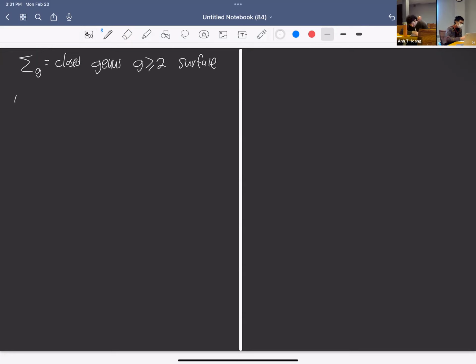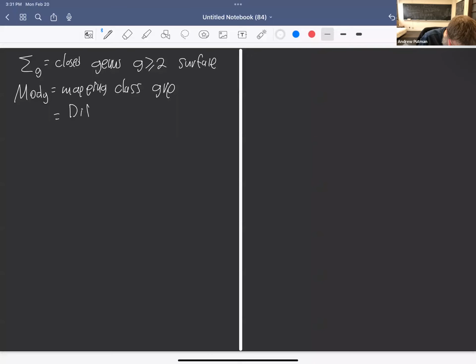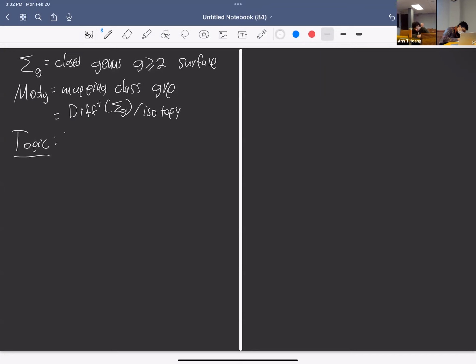And so Mod_g, that right there is the mapping class group. And by definition, what is that? We take the group of orientation preserving diffeomorphisms of our surface, and we mod out by isotopy. Or we take pi naught of that topological group. So this is what I want to talk about today, and I guess the main topic is the cohomology of Mod_g and its subgroups,